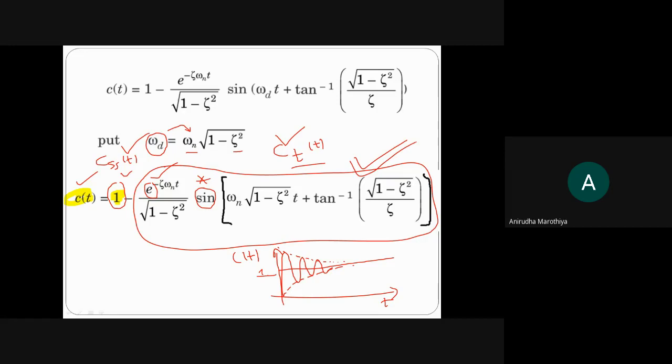ये expression बहुत important है. और जब हम लोग time domain specification करेंगे control system का, where we are trying to define the meaning of rise time, peak overshoot, delay time, settling time, तो वहां पर ये expression को ही हम लोग base treat करेंगे और सारे derivations एक एक करके solve करेंगे. So in the next lecture we are going to study the effect of zeta, which is nothing but damping ratio, on the performance of second order control system. This is a very important topic as far as GATE IAS exams are concerned.